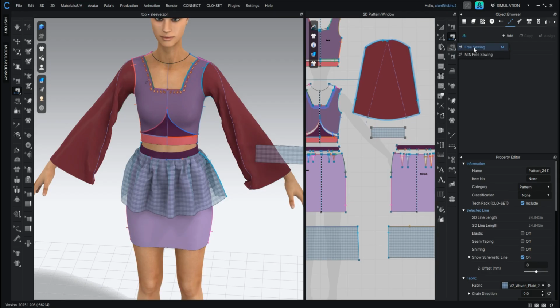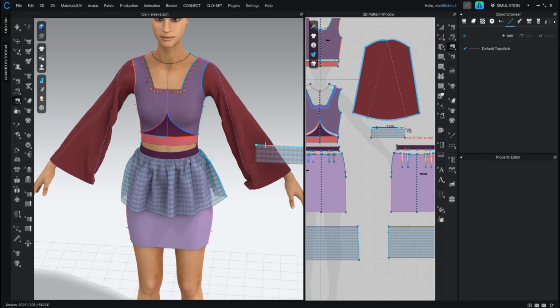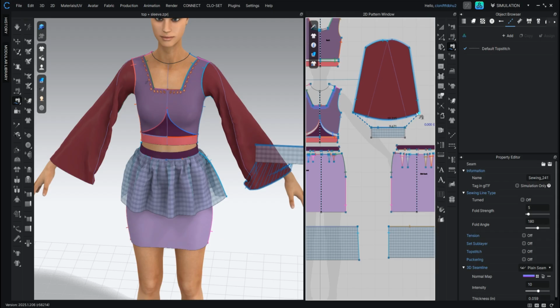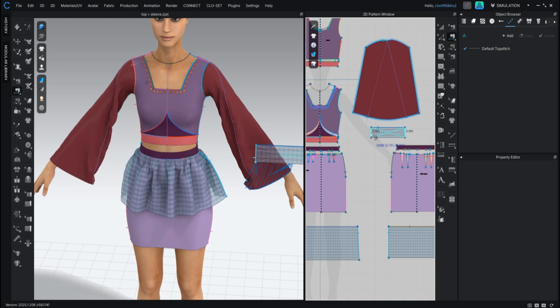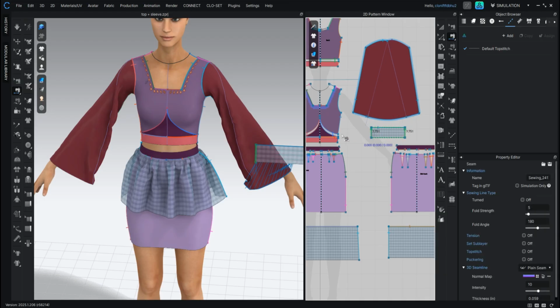Select this point, then shift key and select the hole, and then we can do normal stitching, just this and this point,